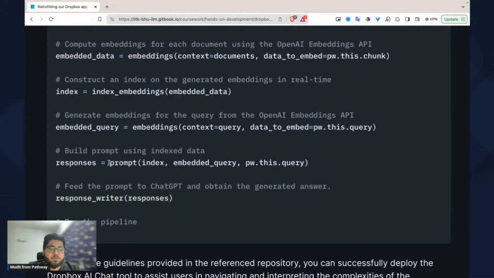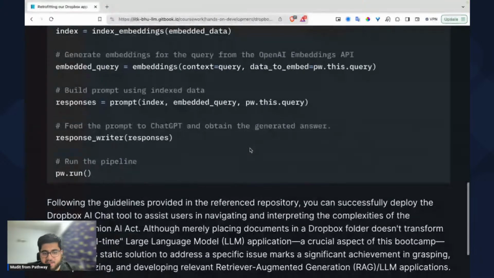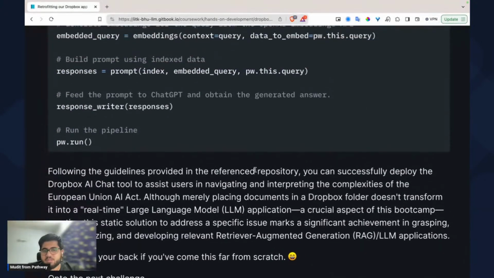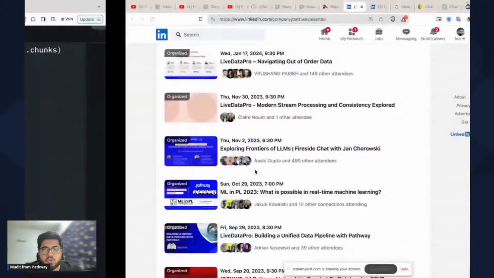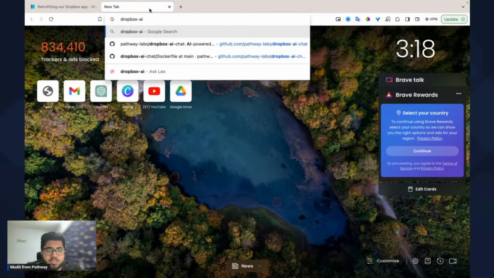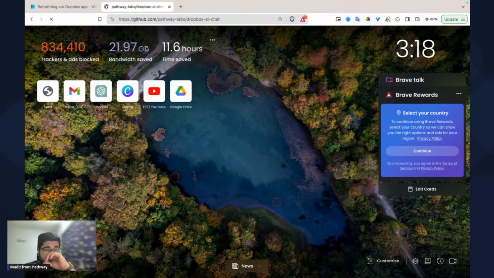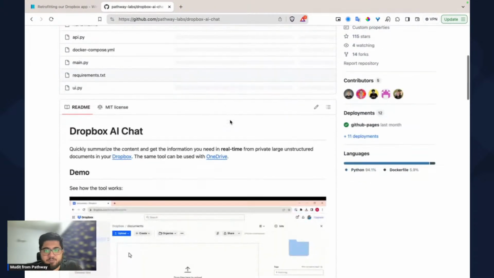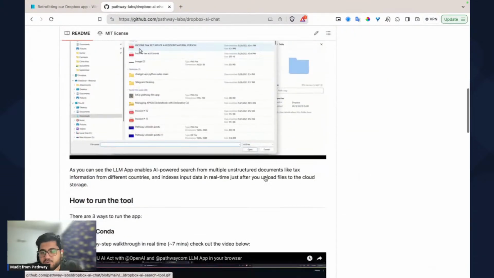So you're first of all creating the response from the augmented context that we were talking about, and then you're running this particular thing. And if you want, you can simply connect this with a Streamlit UI quite easily. A good use case to show here will be this one, Dropbox. I think this has a very structured way of implementing it end to end. You can also do it on your own if you'd like to.